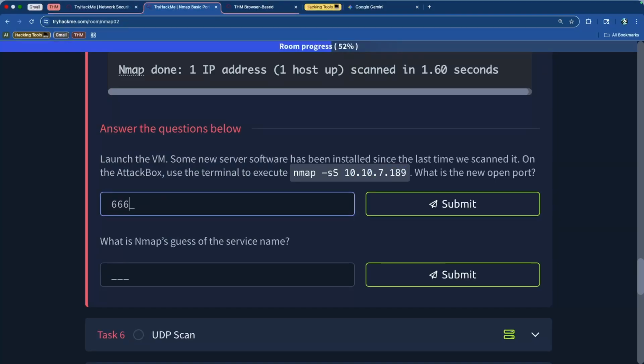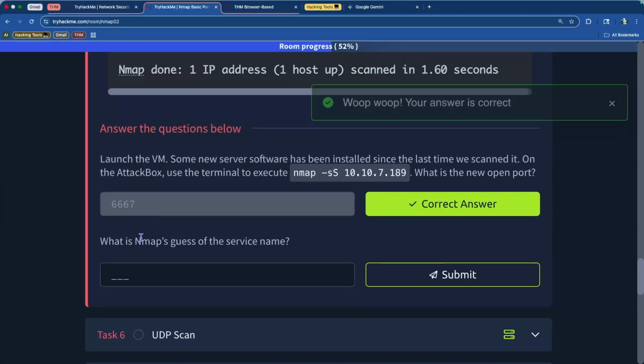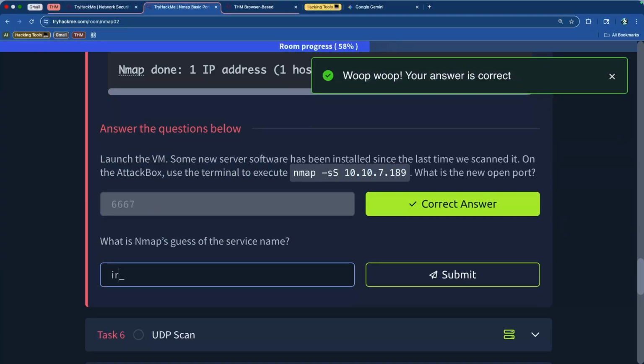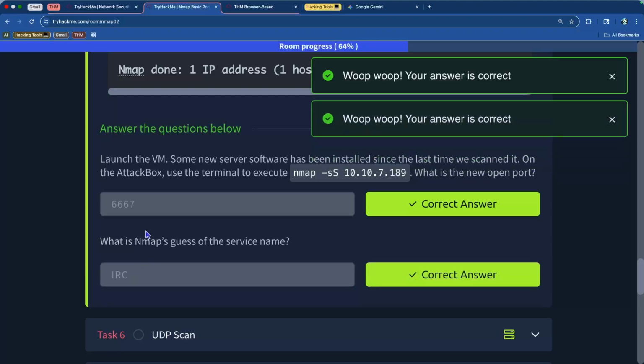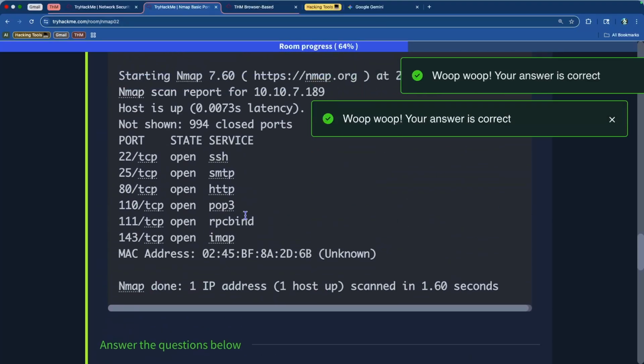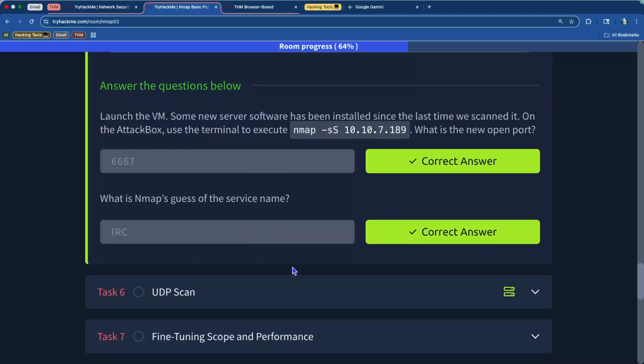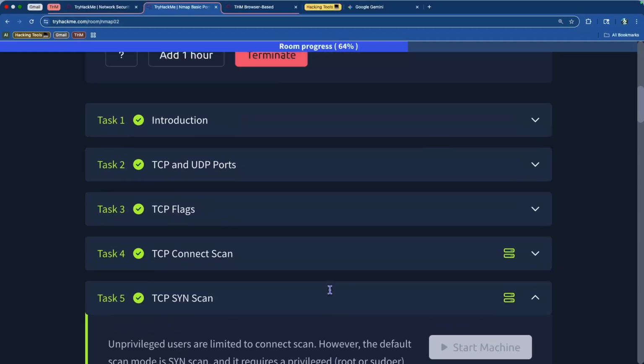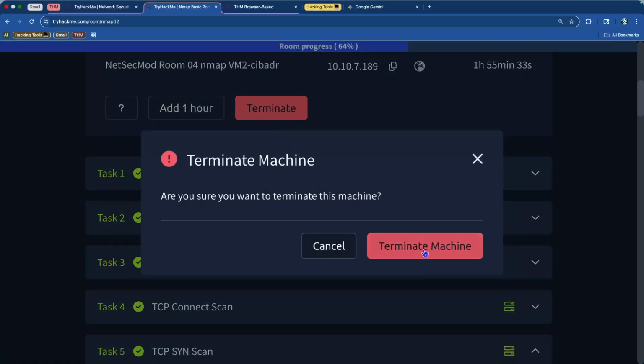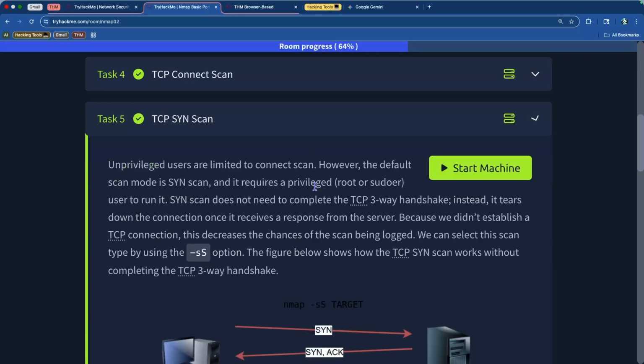So 6667, and then the best guess is IRC. There you go. And just like that, you were able to run a SYN scan, a synchronized scan, just by itself. You didn't establish a full TCP connection. So now in order to pull the next one off, we're going to terminate this virtual machine,